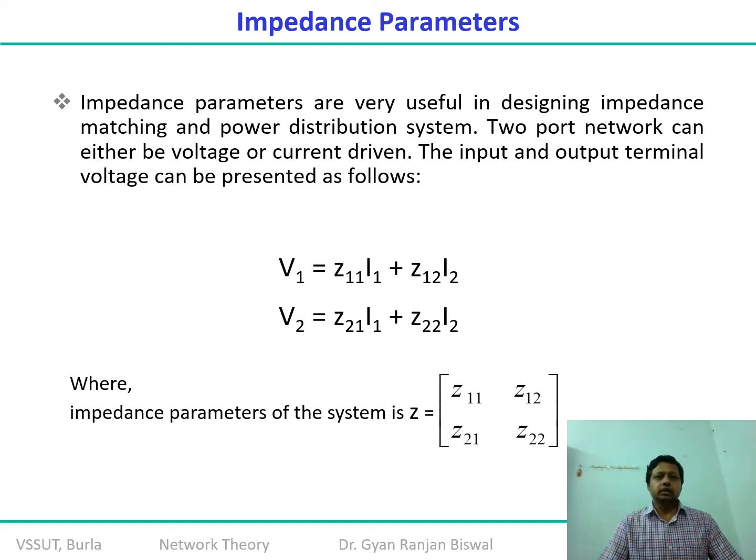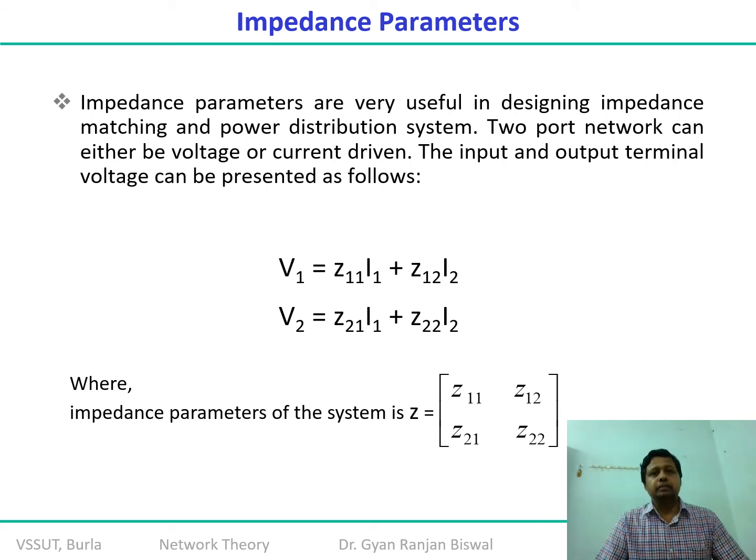Typically, now the question comes: why these four types of parameters only, or what is the use of these? Why should I do this analysis? The answer is that each parameter or method has its own application, so we will come over them one by one. Now, as far as the impedance parameters are concerned, as I told you in the beginning, they are open circuit impedance parameters. So why do we call it that, and what are the applications?